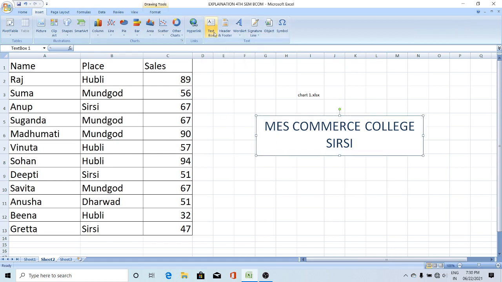Next is insert header and footer. Header and footer we already studied in MS Word, same options, but here the header will be given for the worksheet. If you place a header, it will be given at the top of the page, and the footer at the bottom of the page. A worksheet has a large number of columns and rows, so it will be divided into pages while taking printouts. So whatever header you insert will be inserted on each page. Just click on header and footer.